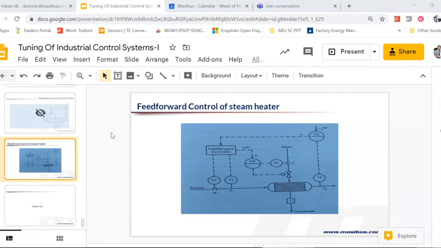Okay, but for precaution, I can use cascade. I can start with a simple PID, but I can end up with cascade. You can say like that. It is a cost benefit trade off always. Cascade means one more controller, one more sensor, one more wiring, all that. Compared to that, what benefit are you looking for? So it's a trade off.